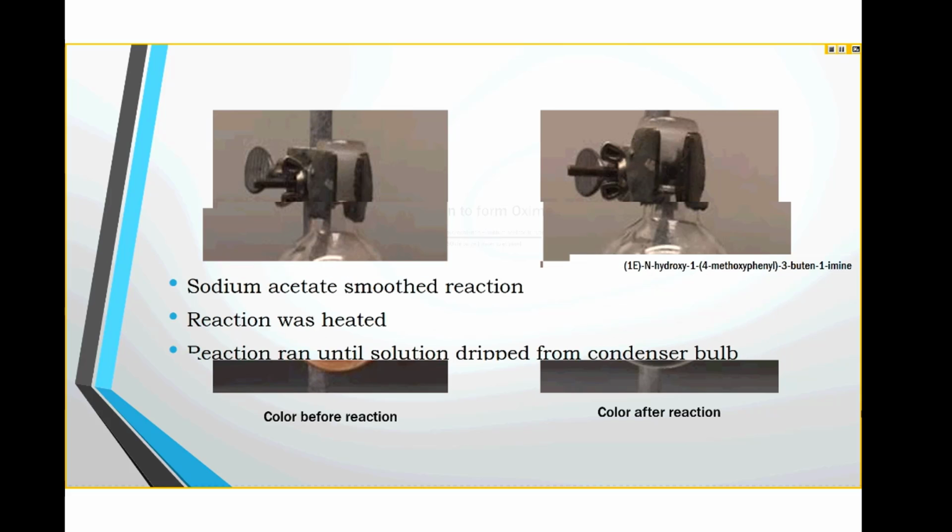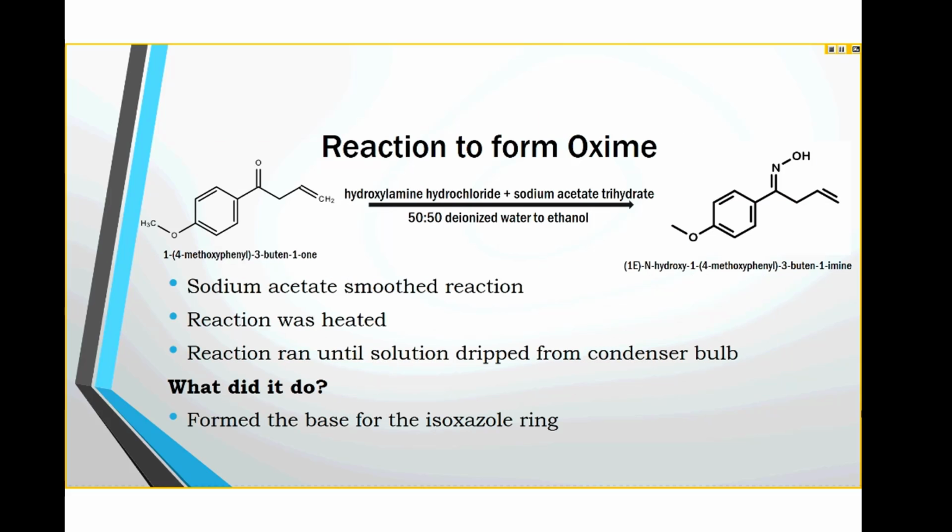So then the third step was that reaction to form the oxime. So we took the ketone that we had just made, reacted it with hydroxylamine hydrochloride and sodium acetate trihydrate. And what that sodium acetate did was, because there's hydrochloric acid in the hydroxylamine hydrochloride that could potentially break down our product, we added that to smooth it so that that didn't happen. We also used a 50-50 ratio of deionized water to ethanol as our solvent for the reaction, and that formed